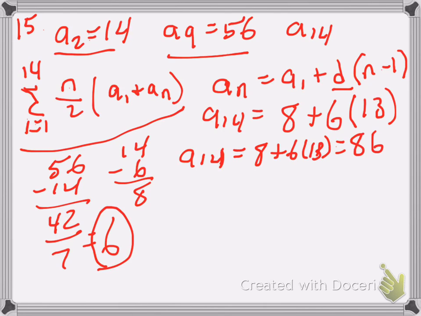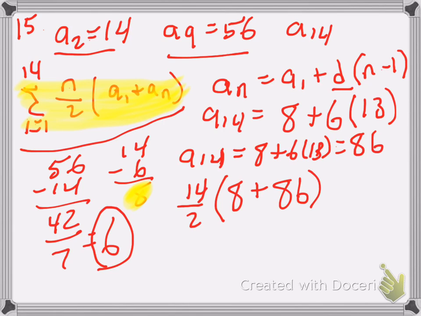Okay, so we're going to return to this formula right here that I'm highlighting, because now we know everything we needed to know. We know a1, we know a sub n, so we can plug that in. So we'll have 14 over 2 times a1, and we figured out down here that a1 is 8. So we have 8 plus a sub n, which would be a sub 14, which we just found here, which is 86. So that's going to give us 7 times